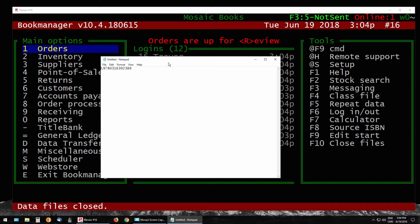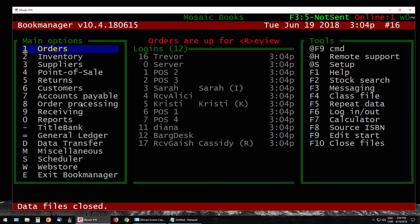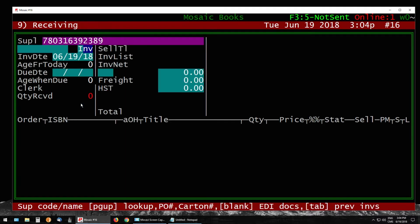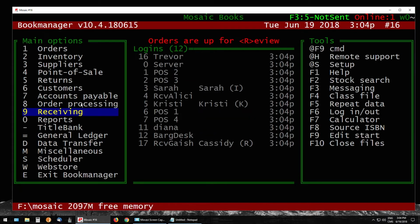So Bookmanager is looking for this one character, a certain character, to tell it that you aren't typing this on your keyboard, you are inputting these numbers from a scanner. So the behavior of the system will differ than if you're typing. So if I were to scan right in the inventory here, and my scanner is not working, it's now bringing me into receiving, and it's typing in 978,